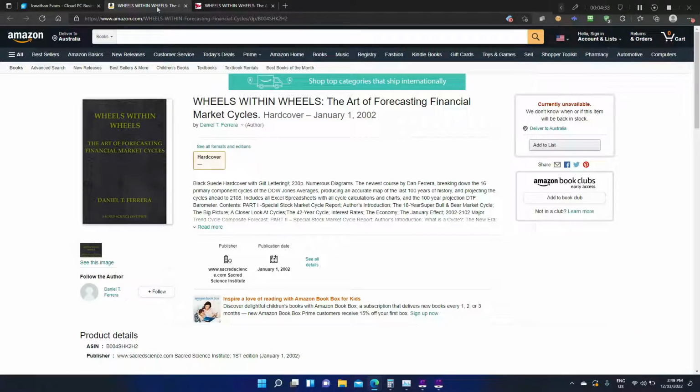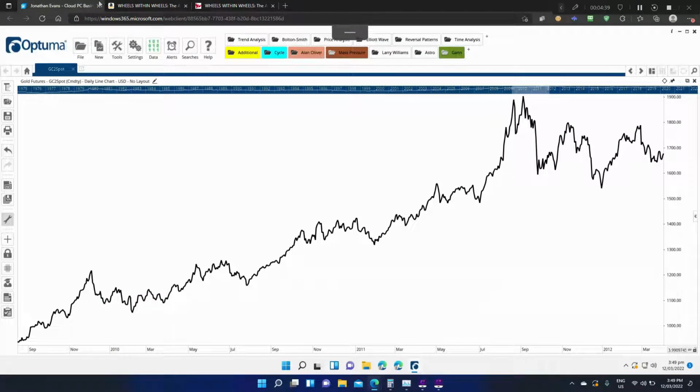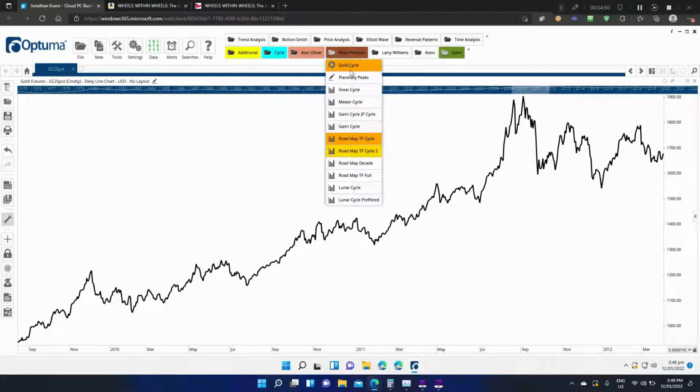Now, I did learn this. What I did is I took some elements from Daniel, and I took some elements from another mentor of mine, Frank, and then I found out some other cycles. And I built what I would like to say is a bit of a master cycle. All I'm looking for, generally speaking, is the polarity flips, and to see which polarity is flipping, or which cycle is flipping. So I've got my gold cycle.